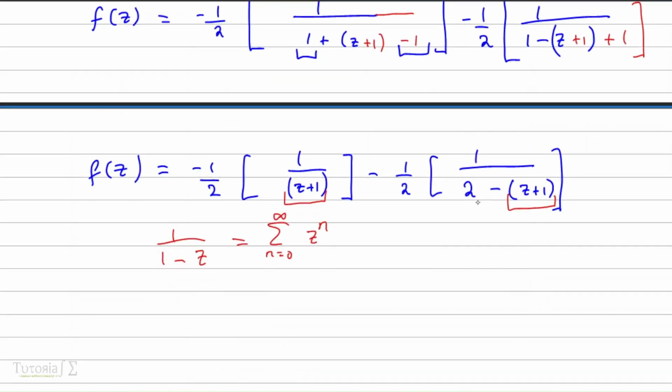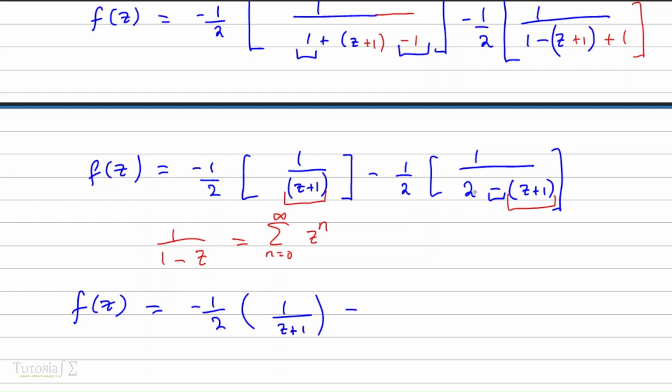But here we need to factor out a 2 so that we remain with a 1 here. So already there is a minus and the minus, so there is no problem. So what we just need is to factor out the 2. So we have f of z will be equal to, so this will remain as it is, negative 1 over 2 times 1 over z plus 1